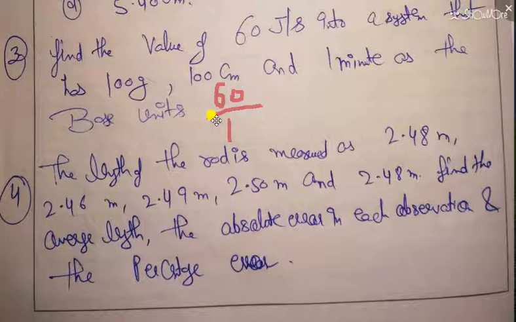So let's suppose it as n. You can simply take it as one value, just take it as 1. So 60 by 1,